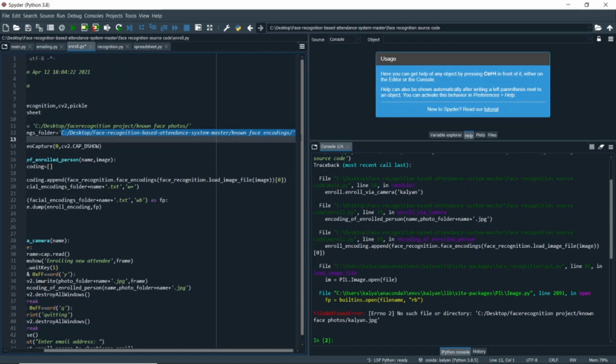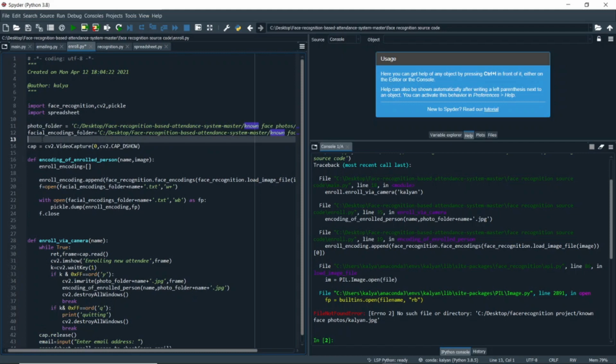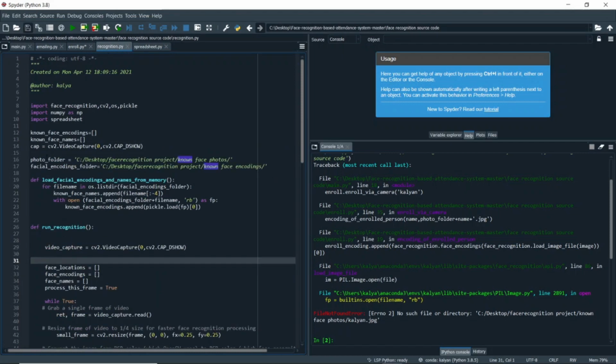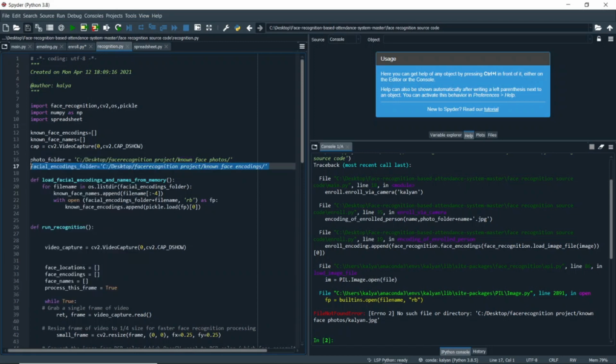I'll do the same here. I'll copy these two lines and paste them here. Replace these two lines by those, then save.